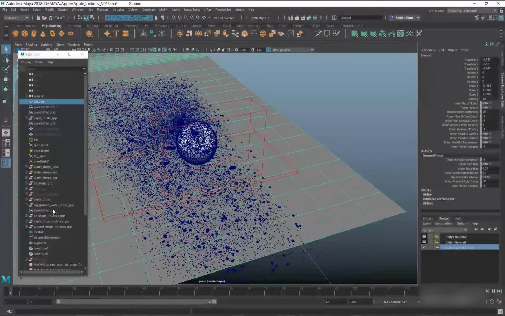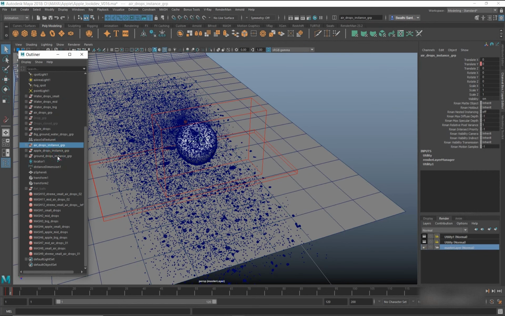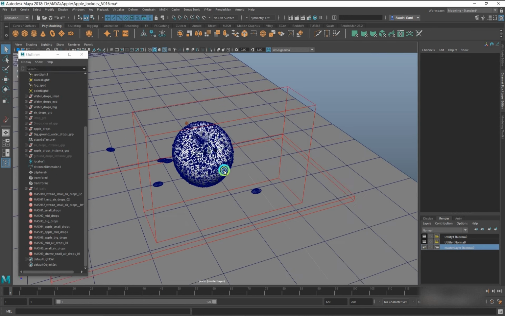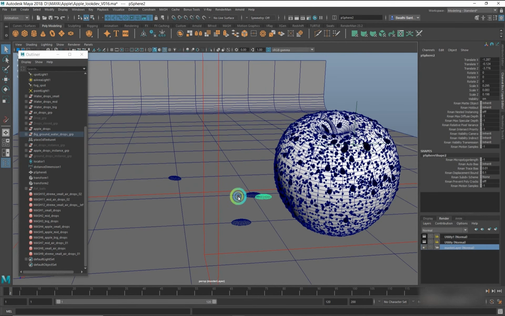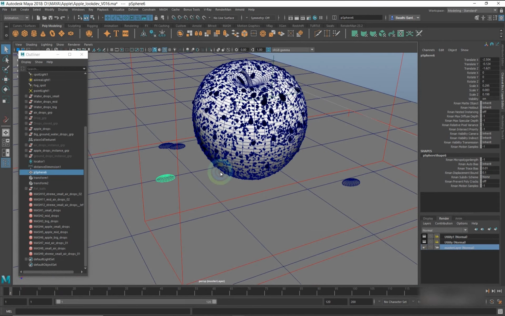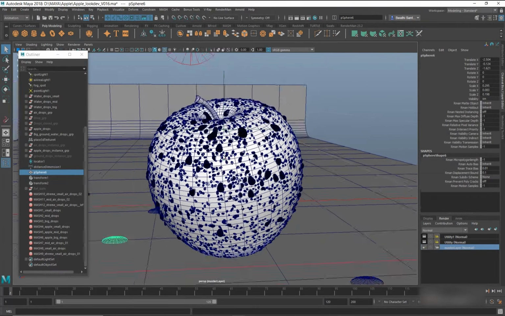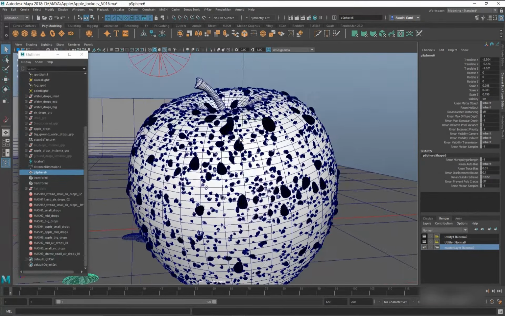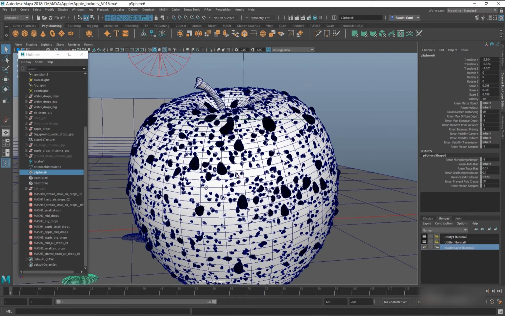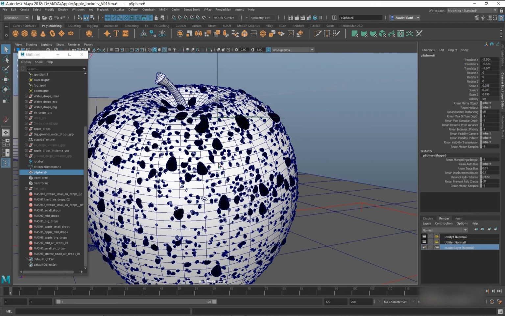So if you can see, let me hide all the ground and air instances. I've used some of the meshes for bigger water drops on the ground. I've placed them manually according to the composition. And if you see the apple, you can see there are different kinds of mesh instancing. I've used small, medium size, and then bigger, larger water drops.